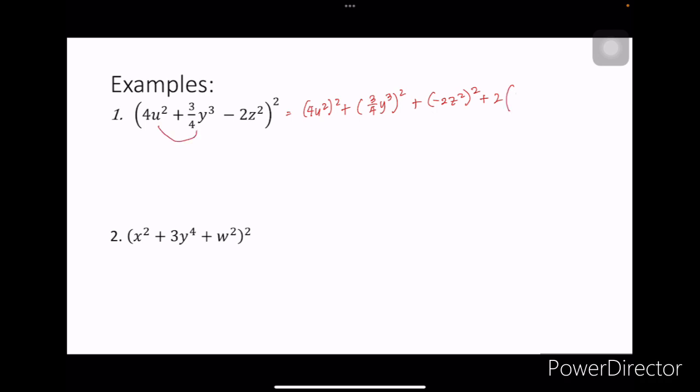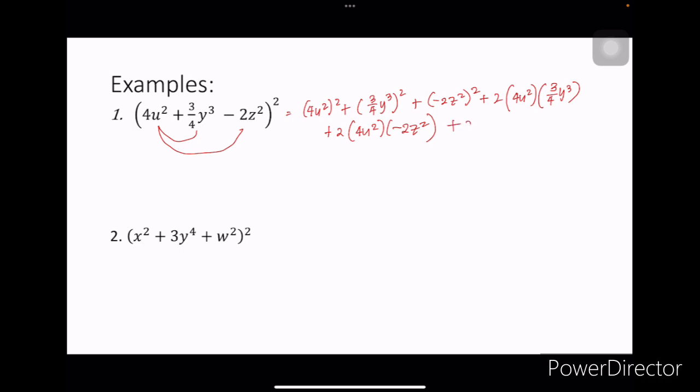So you have 4u squared times 3 all over 4y cubed, then plus 2 times the first term and the last term. So you have 4u squared times negative 2z